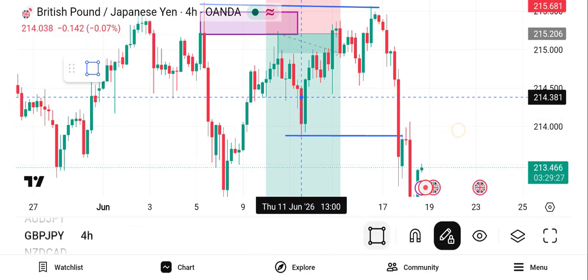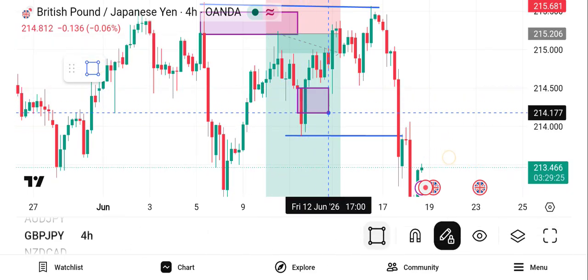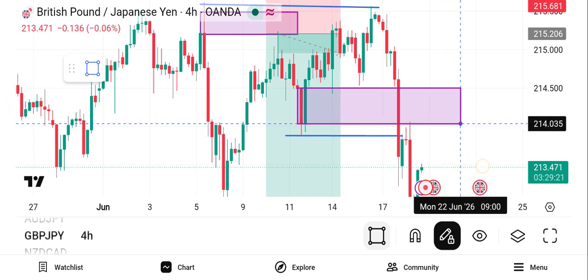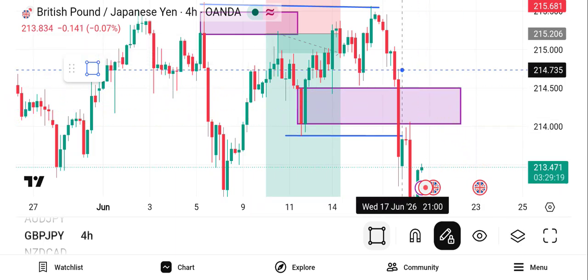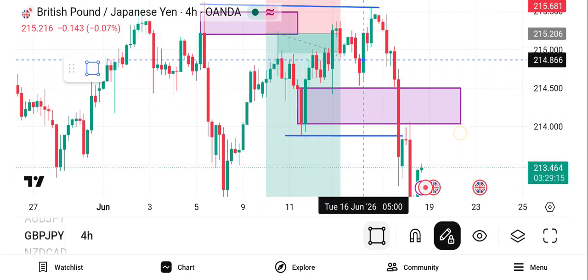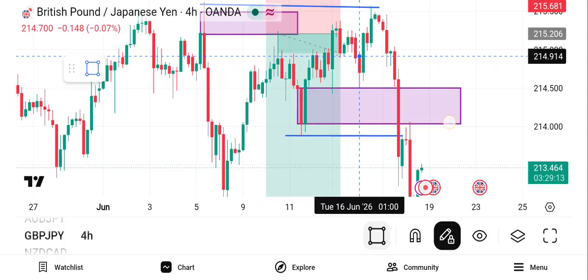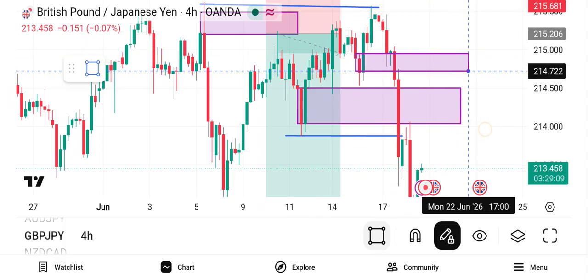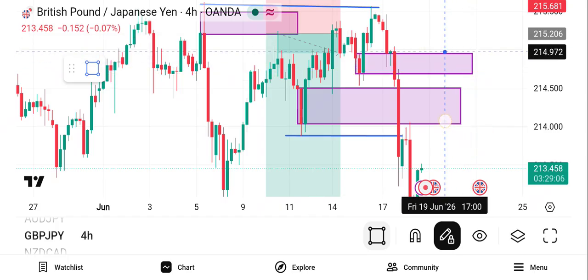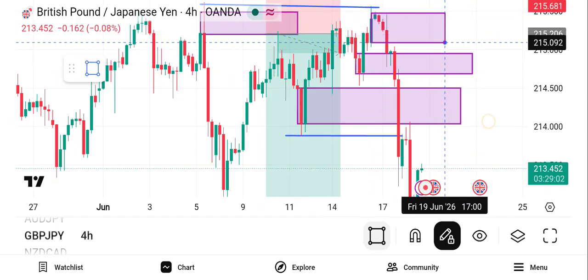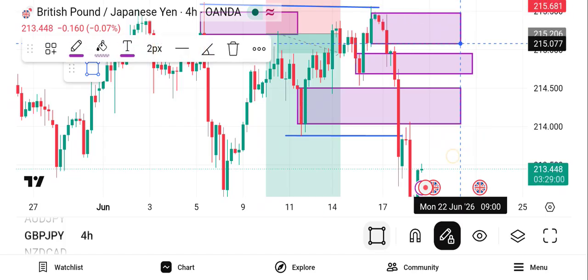So this is one of the points of interest, this zone here. Remember, you have to mark the body. So mark the body. Then this is a breaker block. So this is another breaker block. And then this is the other block that triggered the move. Alright. So now we have 3